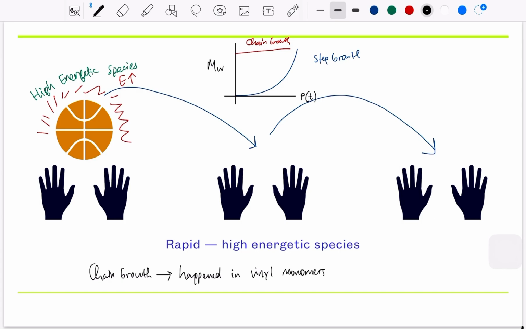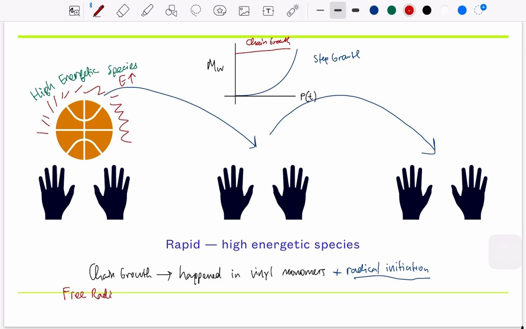Okay, so every monomer that has the vinyl, the carbon-carbon double bond, frequently happens in those vinyl monomers, and we are going to introduce some additional terms in this chain growth, which is the initiator. So this is going to plus with the radical initiation. So sometimes the chain growth we call the free radical,